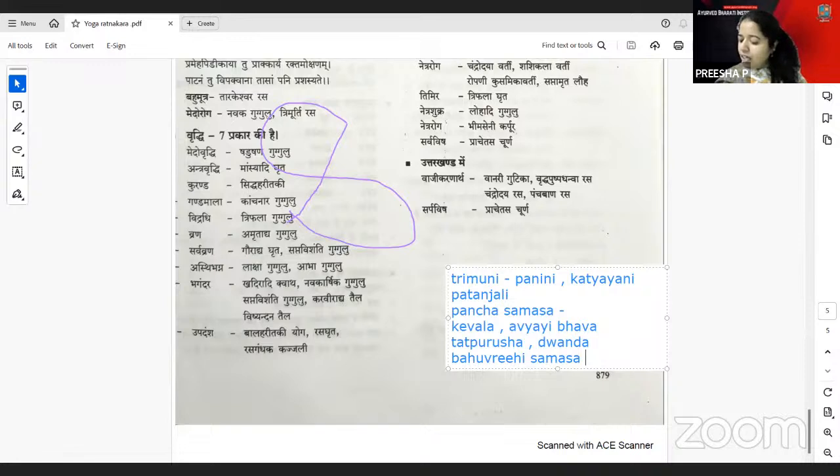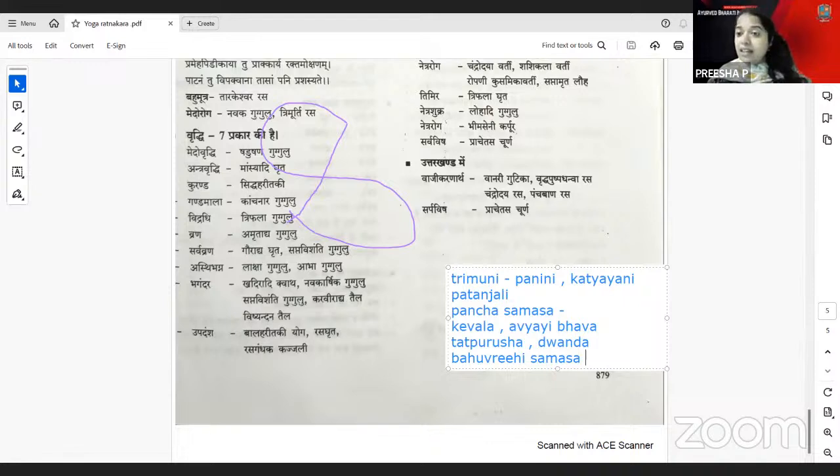You have the Chatraya Hitam, that is, Chatra Hitam. Here you have the Chaturthi Tatpurusha Samasa, which is mentioned there in the grammatical classification of the Samasa. You have the Pararupa Sandhi, like Endri Pararupam.